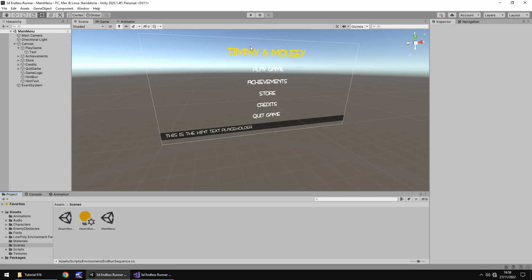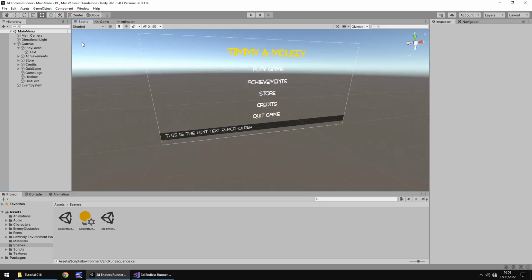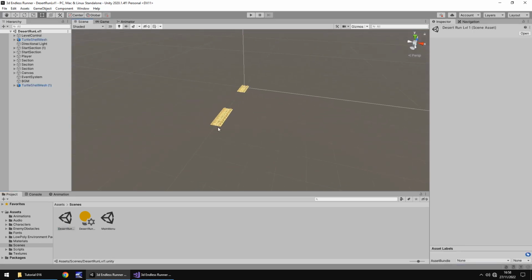So, at the end of the last tutorial, I spoke about having a background in this particular menu, and realistically it is really simple. Theoretically, we've already got our assets built into our game so far, so we're just going to use a nice quick simple copy paste method to create something that's a little bit more constructive than just the standard Unity background. So let's head to our desert run scene, and if you remember, we built a couple